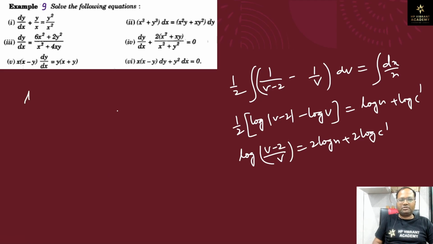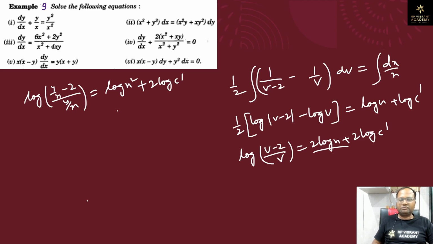So we have this as log of y upon x minus 2 upon y upon x is equal to log of x square plus 2 log c dash. So this is nothing but, let us write this as 2 log x, okay, instead of writing it as log of x square, 2 log x. Okay, so we have this as log of y minus 2x upon y is equal to